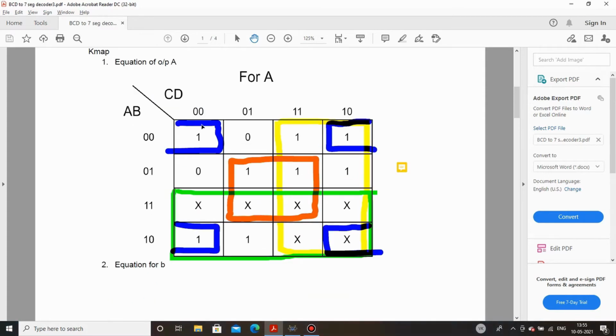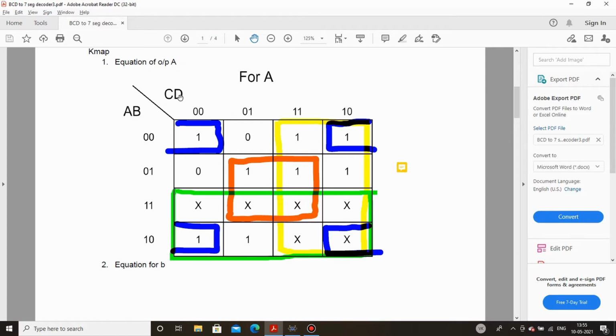Now coming to the pairing part. Firstly, you can see these blue colored paired boxes. If you write the equation for this, you can see that for A and B, B is same for all of these, and between C and D, D is same, but you will notice that B and D both are 0.